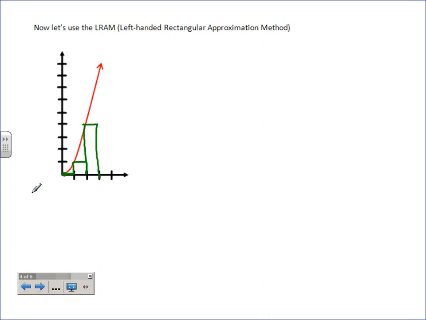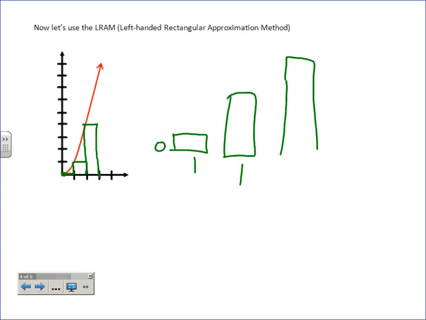Again, you don't have to draw them out, but some people in the past have really liked to see it. The first one's 1 by, how tall is it again? Oh, yeah, 0. The second one is 1 by, and then this one's 1 by, now you have to go over here. You see what I mean, left-handed? That's always where you're going to look for your height. And how tall is that one? Well, that's only 1. And then this last one is 1 by, but you have to look over here for the height, left side, 1 by 4. So this is 4, 1, 0. So this gives us an answer of,